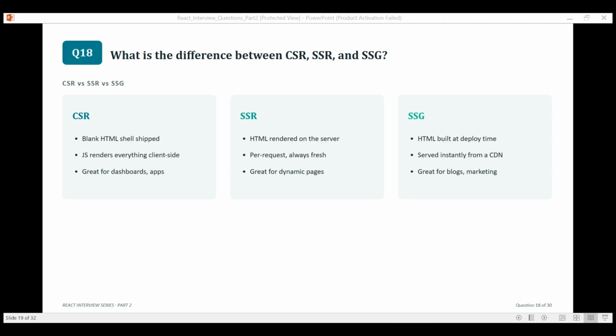What is the difference between CSR, SSR, and SSG? A topic that comes up a lot once interviews go beyond basic React into real world app architecture. So, client side rendering, CSR, is what a typical Create React App setup does by default. The server sends a mostly empty HTML shell. JavaScript takes over in the browser to render everything. It's great for interactive apps and dashboards behind a login, but the user sees a blank page until that